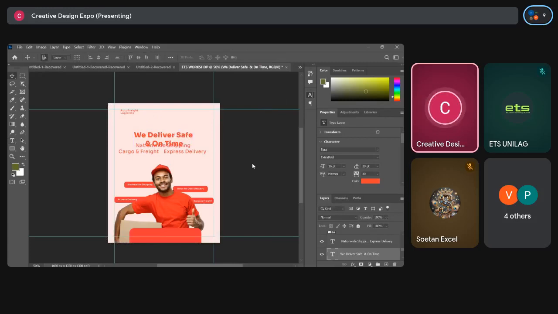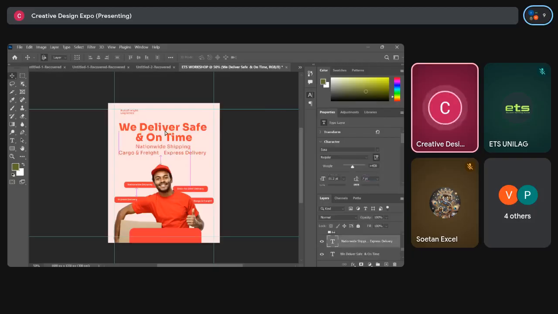Let me see if I can actually increase this. So until you get it right, just keep testing, just keep changing, and you will definitely find one to settle with. You don't get it all sorted at once. It's something that